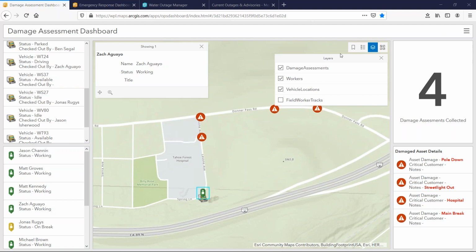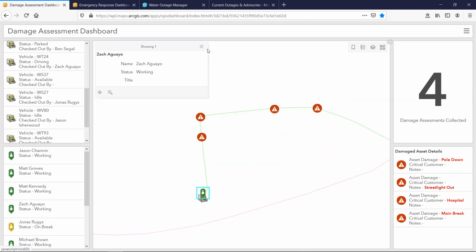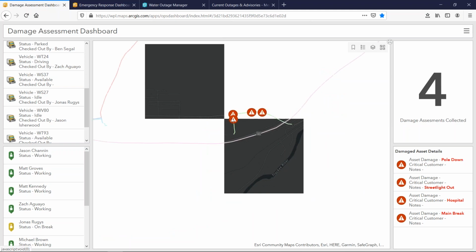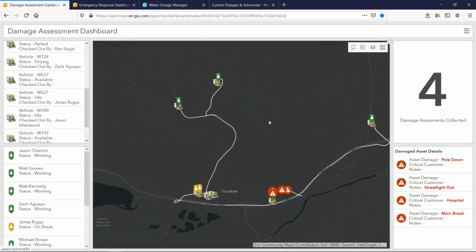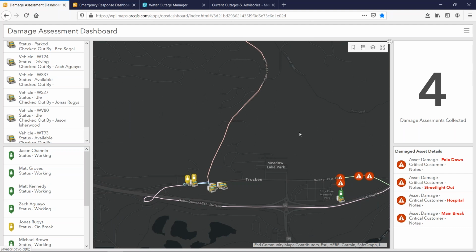I'd also like to mention that with Tracker, we're also looking at where field crews have been. Let me change the background so we can see the tracks a little better here, and zoom out a bit farther so we can see a few more workers. This is important during a normal emergency to make sure people are staying safe, but especially so during the COVID-19 pandemic.